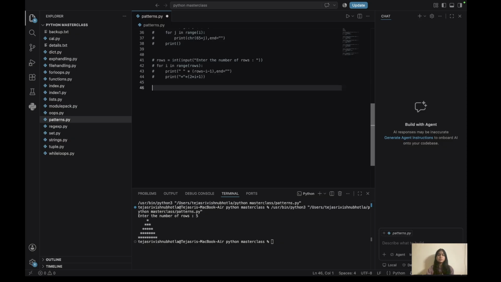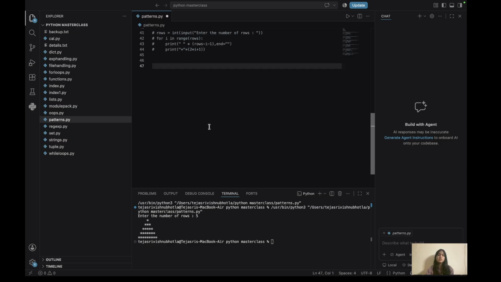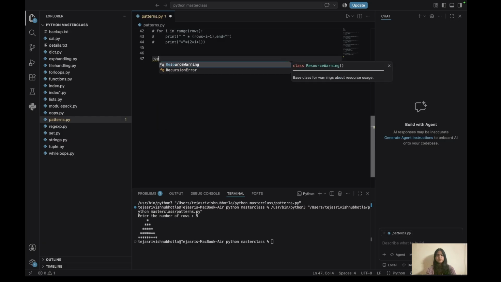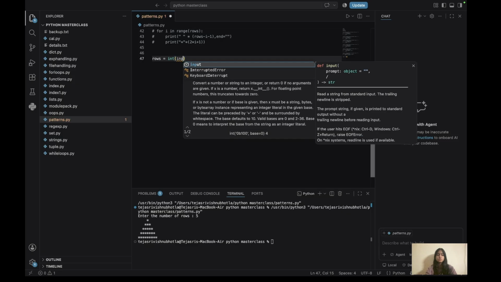Understanding the pyramid is really important, because with this pyramid we can also do an inverted pyramid, and sometimes they give a diamond to print. So you just have to use this full pyramid and the inverted pyramid to print a diamond. Now we will see how to do an inverted pyramid. The rows input,